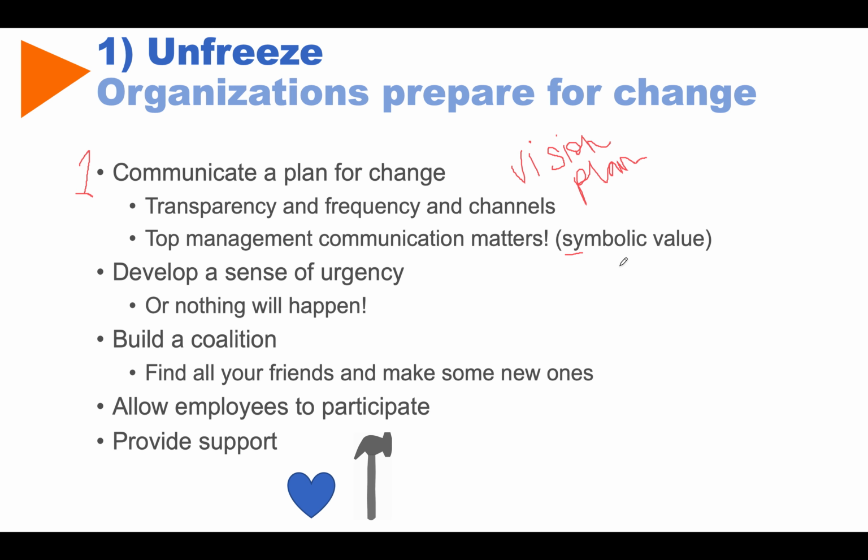Then we have to develop a sense of urgency. Or we don't have to develop a sense of urgency, I should say, but it tends to help. If people perceive things to be good, what's the reason for change, right? So we want to make sure that people understand that we need to change, we need to change now. The longer we drag something out, the less likely we are to be able to make it happen because complacency sets in. Status quo is a strong pull, and so that sense of urgency will help you make your case. All right, build a coalition, find friends, make new ones who can help you